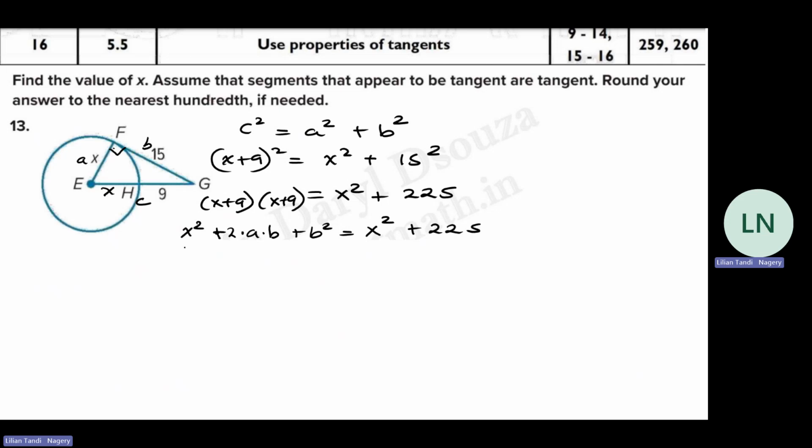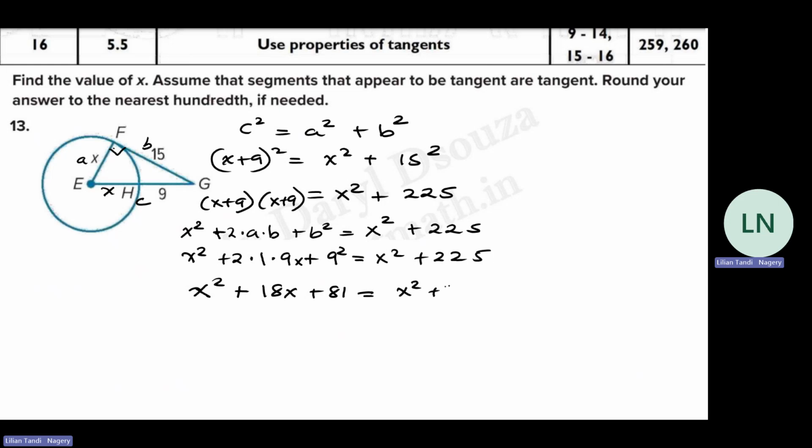Okay, so this becomes x squared plus 2 times 9 times x plus 9 squared, which equals x squared plus 225. Don't forget the x: x squared plus 18x plus 81 equals